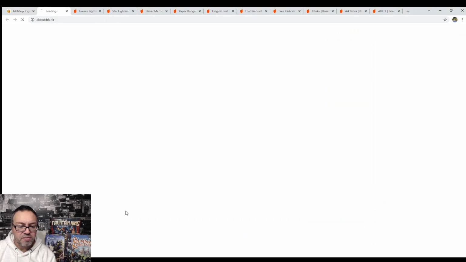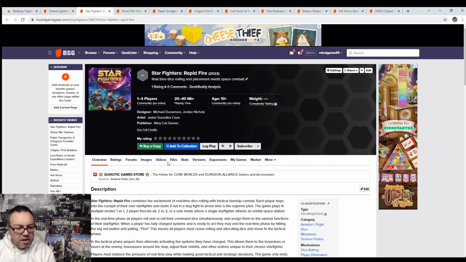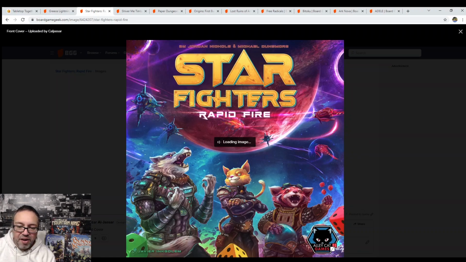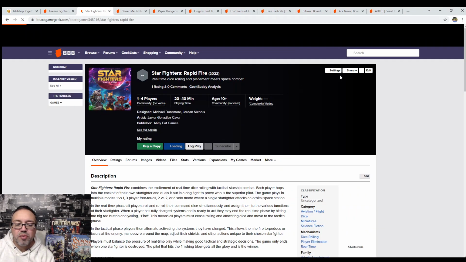So Starfighters. Well, I already clicked this one. So maybe there are images here. No, there's only one image, and that is of the cover of the box. Look at this. It looks like an expansion to Guardians of the Galaxy, a game about anthropomorphic talking animals, and they fly spaceships. It's like Guardians of the Galaxy, but just with animals. Whoop, that was too big. Let's go back. So